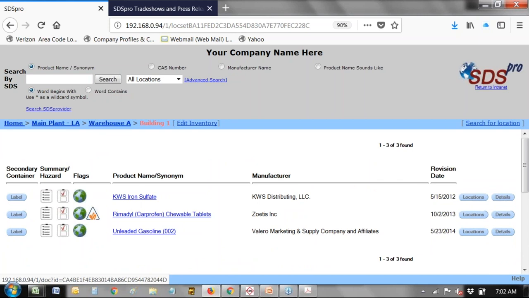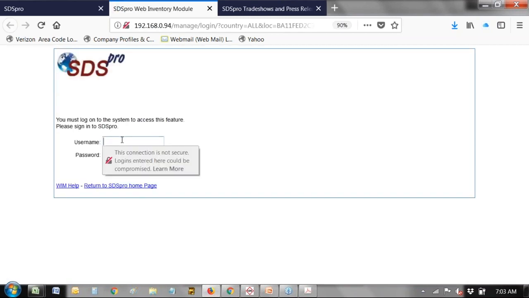So this way you can drill down, and then once you drill down, you can go, you know what, here's a product I'm looking for, or there's a product missing. We have WD-40 here. Your administrator can assign, depending on your product that you have with SDSpro, but in a lot of our products with Enterprise LE and above, or our cloud systems, you can actually assign locations, inventory specialists to help you with edit purposes. So in this case here, you have a WD-40, so I can just come in here, and I've been assigned the inventory rights at this location. I can come in here through the browser,